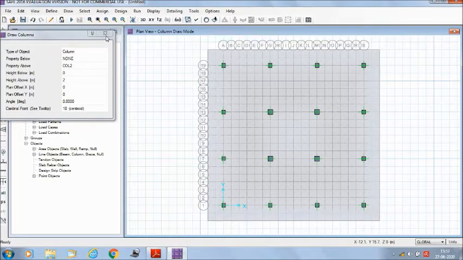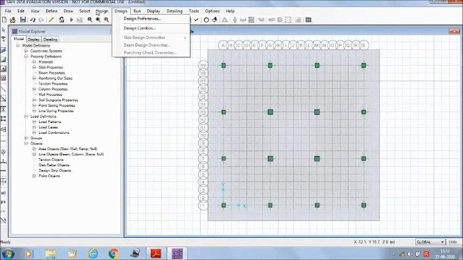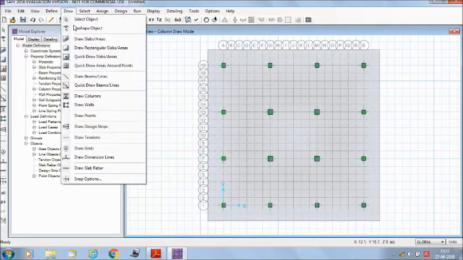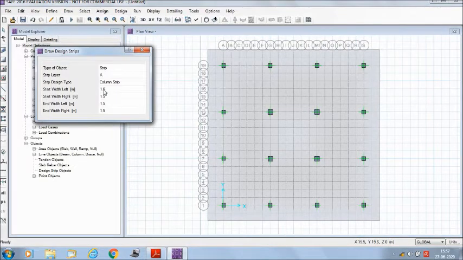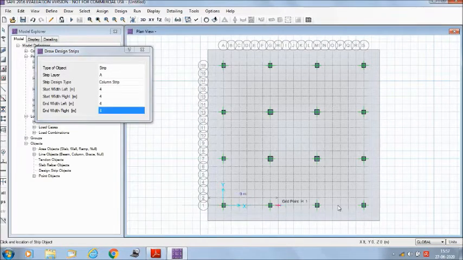Now we will go to Draw, Draw Design Strips. As we have calculated the value as 4.5 meter, for convenience we will take it as 4 meter. And as the strip layer is A, we will be drawing the design strips in the x direction. After drawing each strip, we will right click to exit.